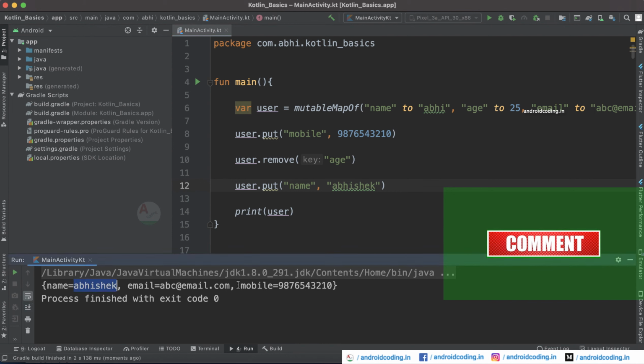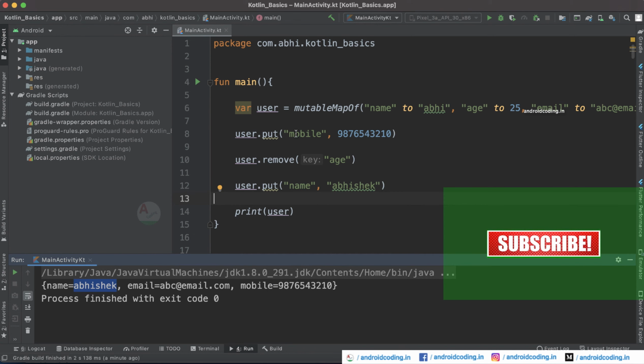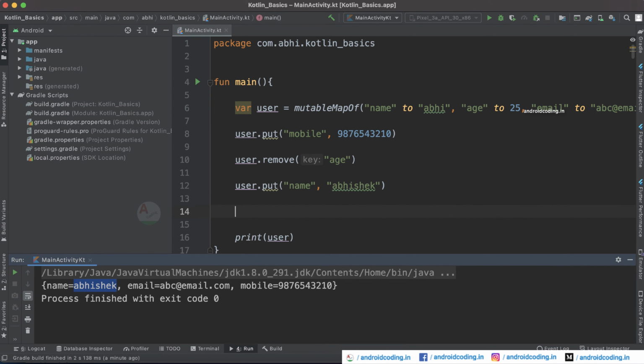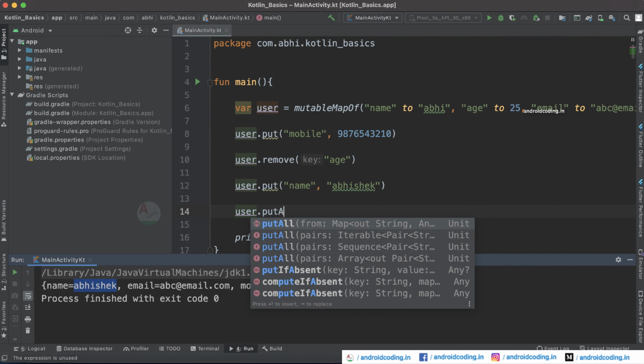Our name is now successfully updated. Here we have seen insertion of a single value, and you can also insert multiple values. user dot putAll.